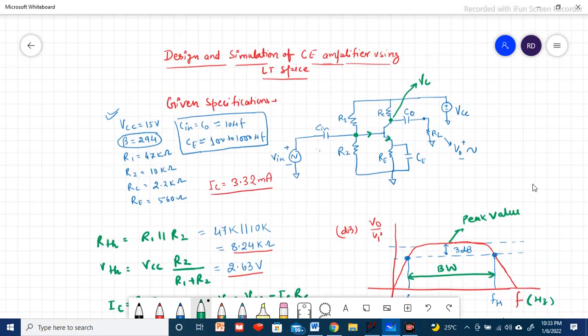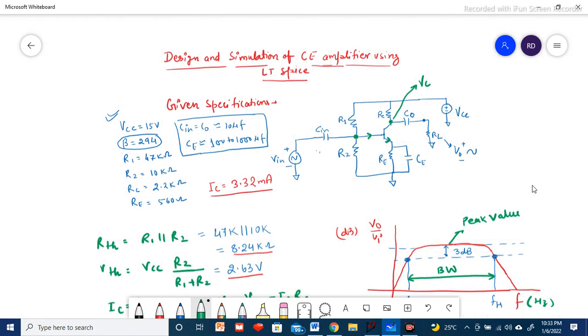In today's video, I am going to explain the design and simulation of common emitter amplifier using LT-Spice tool. Initially, I will discuss the circuit and their given specification. I'll try to calculate all these values and we will see how to get the values and their effect,